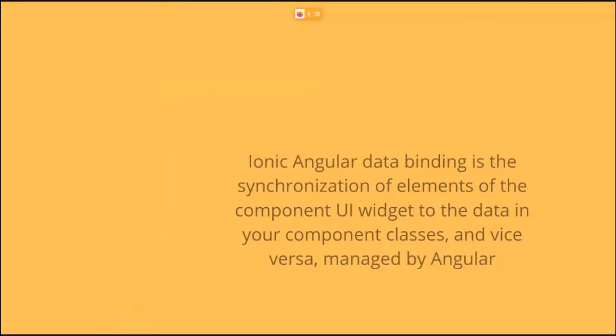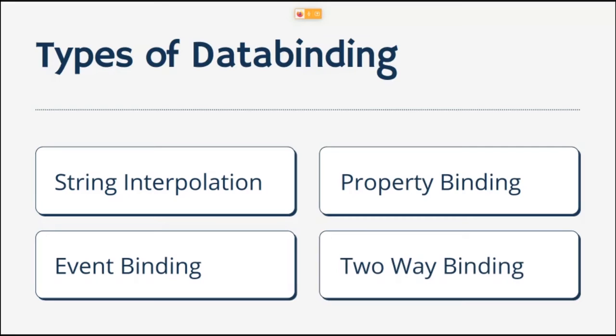There are mainly 4 types of data binding: string interpolation, property binding, event binding, and two-way data binding. String interpolation is just printing data which is there in the logic part in the UI part. If you followed along in yesterday's count tab, Hardik had shown that he was printing out the variable which is stored in the TS file in the HTML file by writing it inside 2 curly braces inside a tag. That is string interpolation.